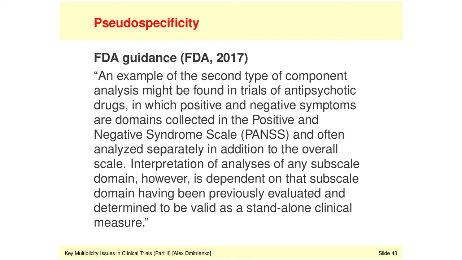This section states that an example of the second type of component analysis might be found in trials of antipsychotic drugs, in which positive and negative symptoms are domains collected in the Positive and Negative Syndrome Scale (PANSS) and often analyzed separately in addition to the overall scale. Interpretation of analyses of any subscale domain, however, is dependent on that subscale domain having been previously evaluated and determined to be valid as a